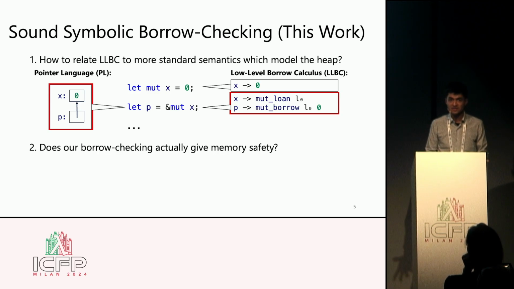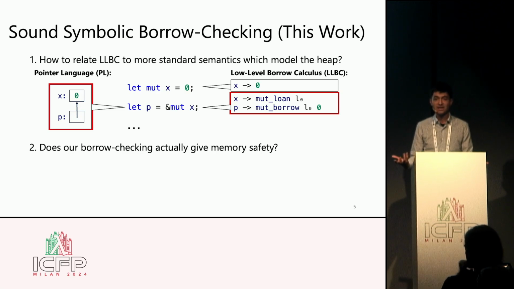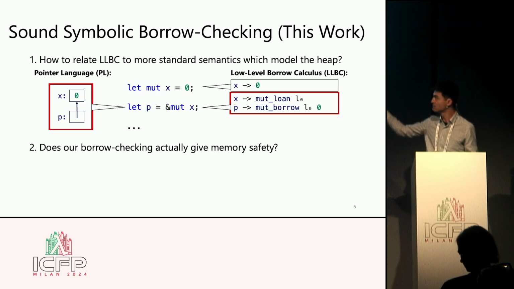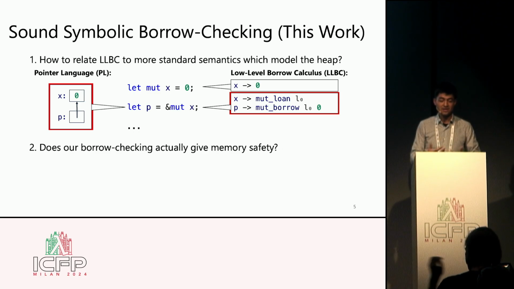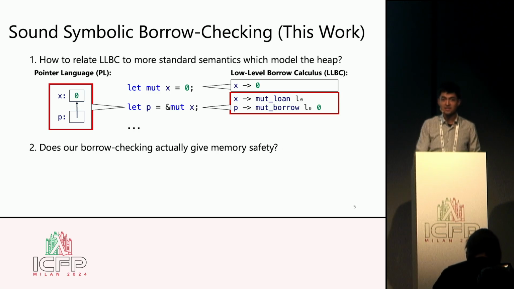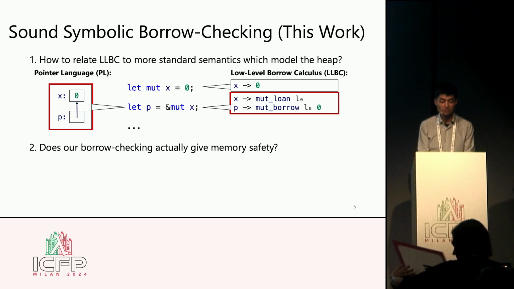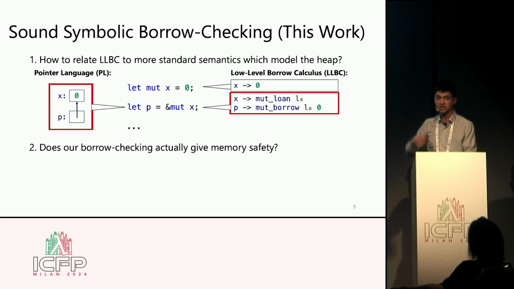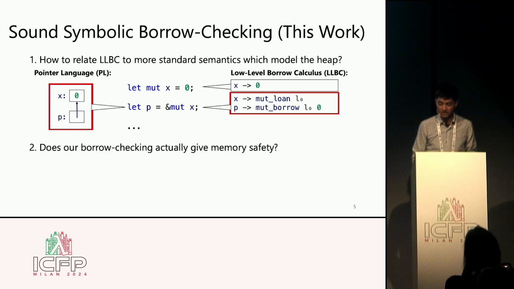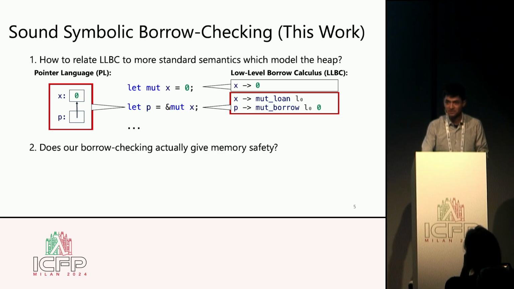The second challenge is, even after we manage to make a link between LLBC and this pointer language, we need to make a link between the symbolic semantics and LLBC to actually prove that our symbolic borrow checker gives us memory safety. So I don't have the time to give you all the details about how we did that, but